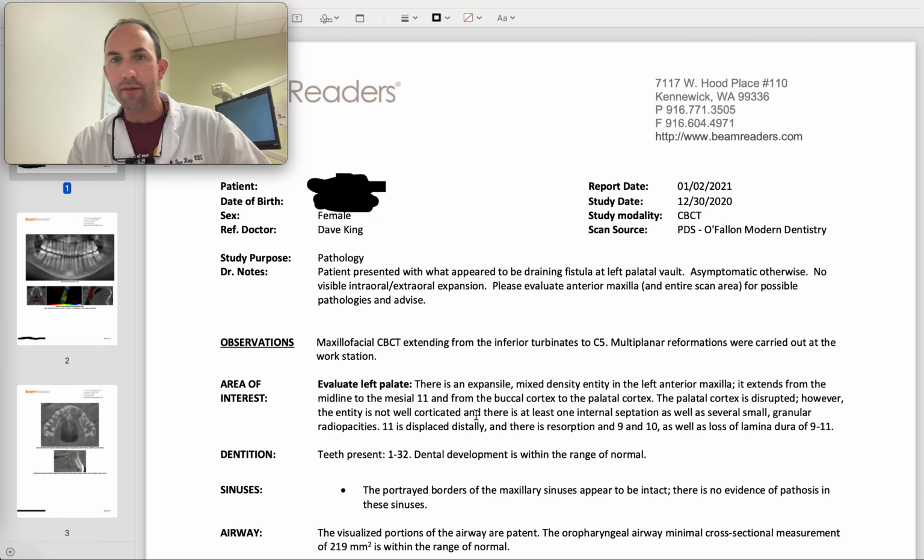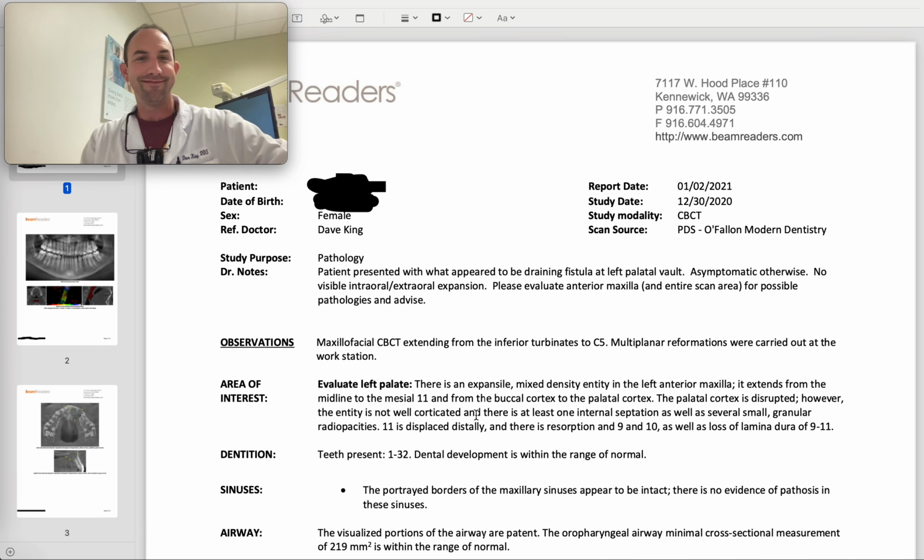So, all that being said, I think having this 3D modality available to our patients